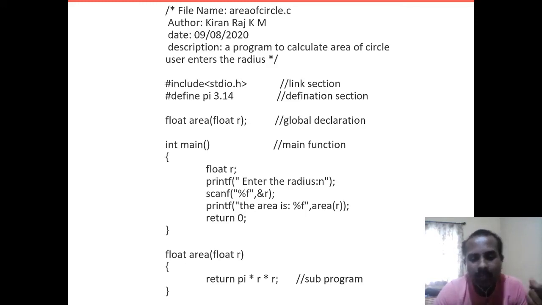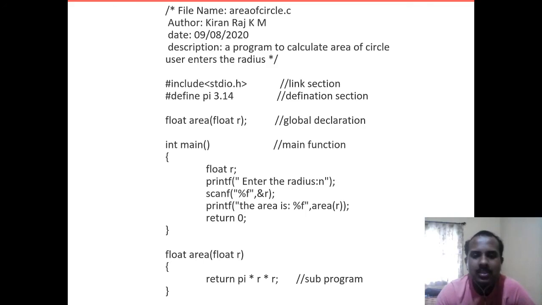When we declare such variables in the global declaration, they become global variables. But here we have not done that; we have only declared the sub function.